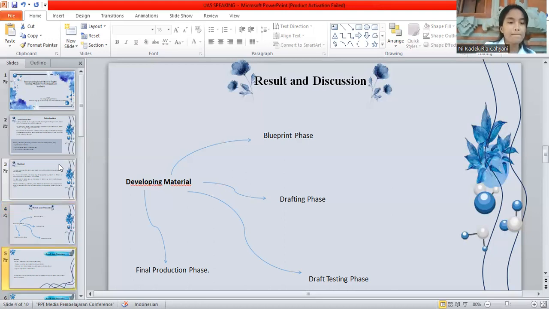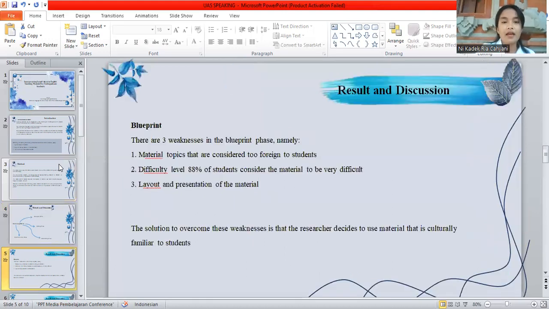So the next part is that there are three weaknesses in the blueprint phase. Namely, the first is a material topic that is considered too boring by students. In this case, the reading text material was found to be too difficult for the students' level of understanding.